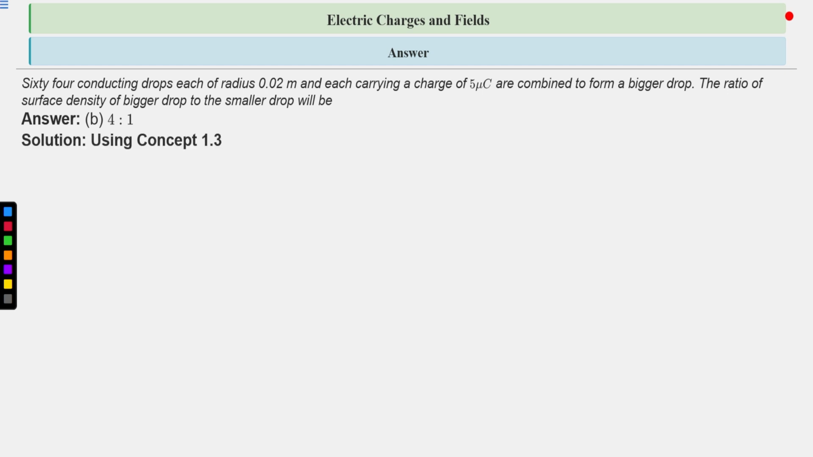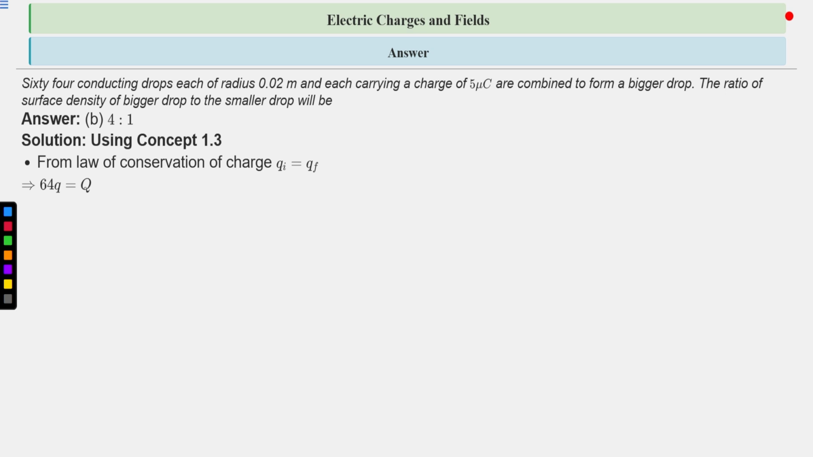Using concept 1.3, from the law of conservation of charge. Now, conservation of charge applies here. When the charge on each drop is 5 microcoulomb and they combine to form a bigger drop, the net charge before the combination and the net charge after the combination will remain conserved. That is